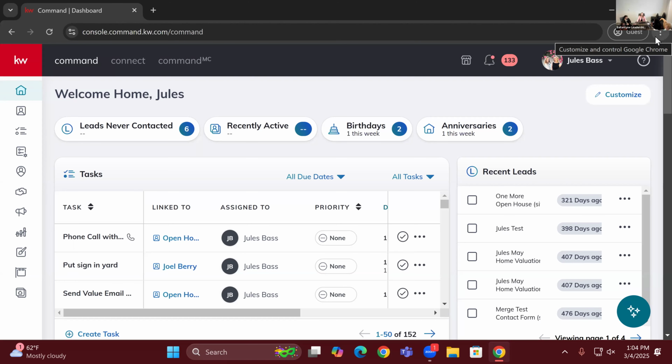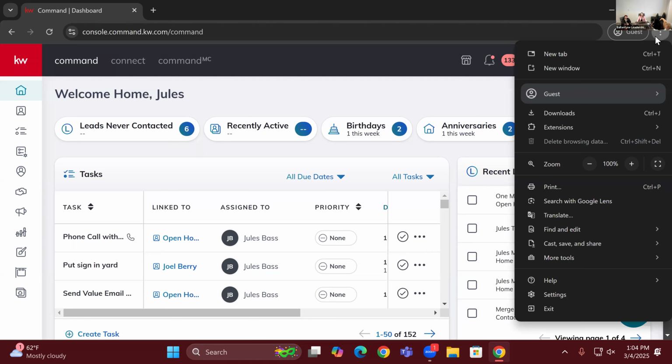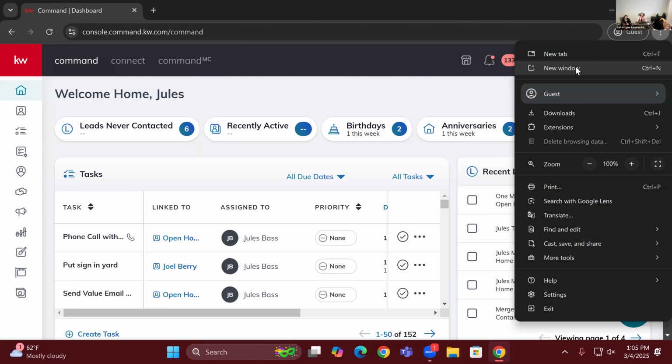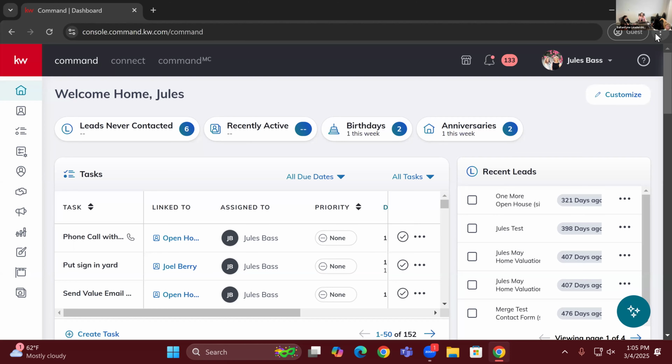If you need to open a private or incognito window, you do that through the three dots in the top right, and there will be an option to open an incognito or private window. That's helpful because it doesn't save your cookies or cache, so it's not saving anything.